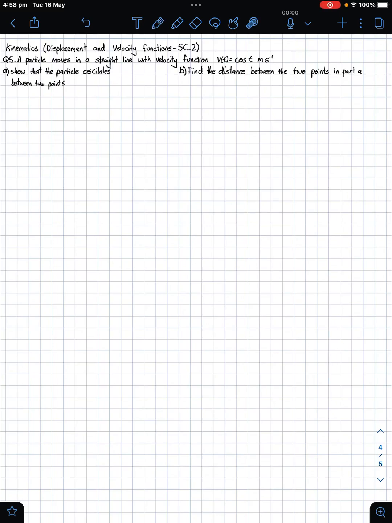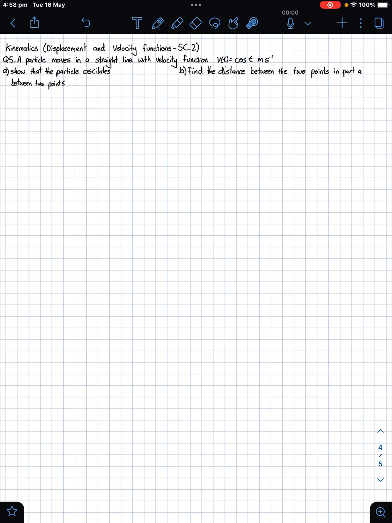I was going to just write up a solution for this one, but I actually am going to bring it up because it's worth considering our problem solving skills for this particular problem. So if you are doing this question and you just need a hint to move on, consider pausing this the moment I get to a spot where you can progress. So the problem is a particle moves in a straight line with a velocity function